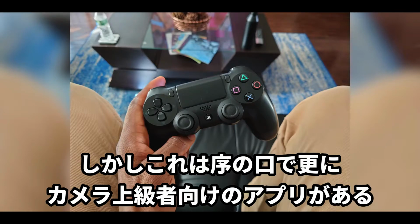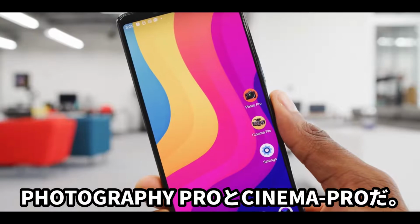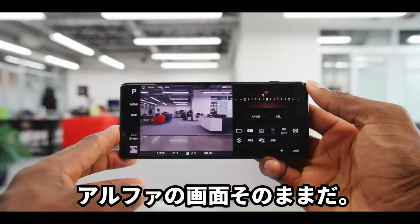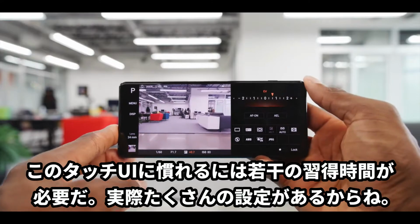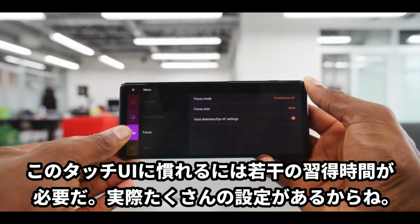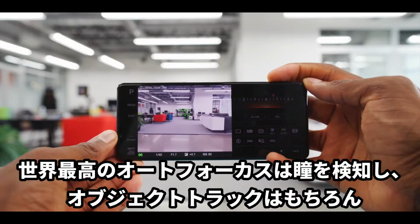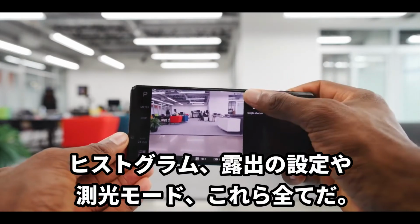But then there's also the included pro level photo and video apps called Photo Pro and Cinema Pro. Photo Pro basically shrinks the viewfinder and gives you full on camera modes and manual levels of control, just like a Sony Alpha camera. It's actually so much control that it requires a bit of a learning curve to get used to shooting it on an entirely touchscreen interface. But there's a lot of stuff here. It's pretty awesome, and it gives you world-class autofocus, object and eye tracking, your histograms, your exposure compensation, metering modes,